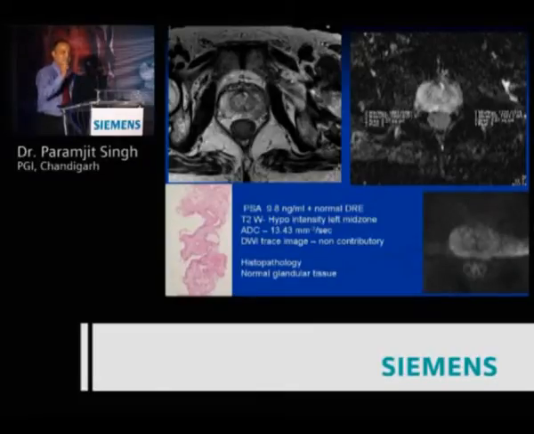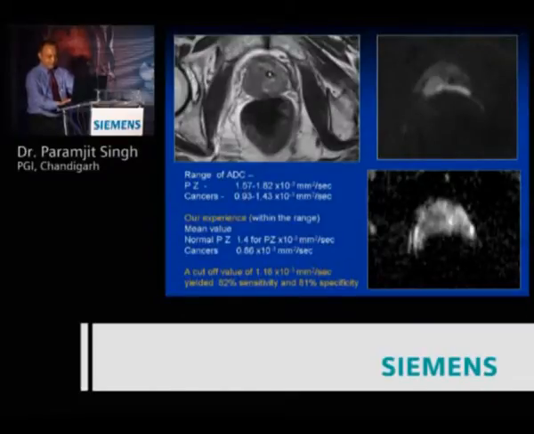We had targeted biopsy on high suspicion on MR localization and hit it repeatedly to get adequate sampling, multiple samples, and try to prove the diagnosis. So inherent flaw may be there in the technique, but still we have to depend on these because this is data which is pretty good. So the range of ADC in literature for peripheral zone is 1.57 to 1.82, and for cancers it is 0.93 to 1.49. In our experience, our mean value for normal PZ was 1.4 and for cancers was 0.86.